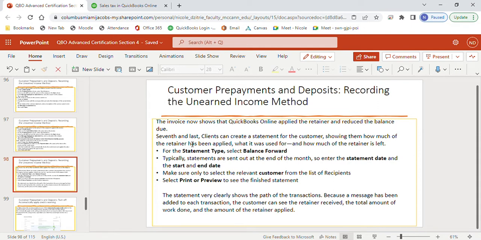The seventh and last step, the client can create a statement for the customer showing them how much of the retainer has been applied and what was used for and how much of the retainer is left. So for the statement type, you would select balance forward. Typically, statements are not sent out till the end of the month, so enter the statement date, start and end, and make sure only to select the relevant customer from the list of recipients, and then either print or preview,